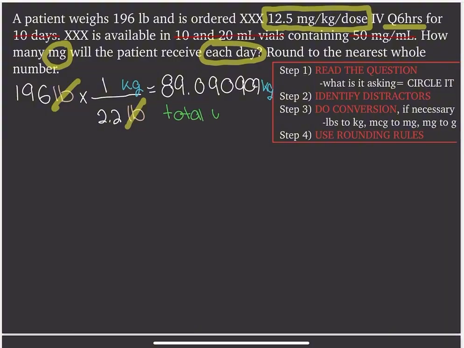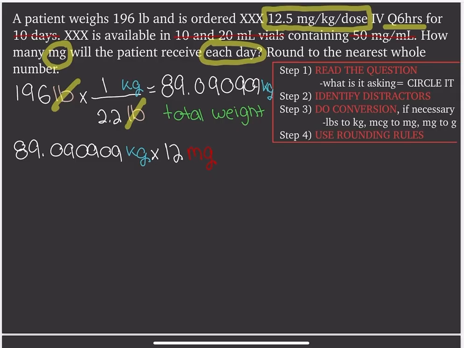And that number represents the total weight of your patient. So you're going to multiply the total weight of your patient by the milligrams. So it would be